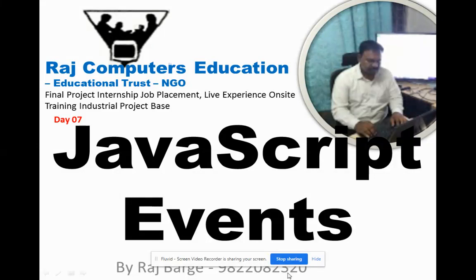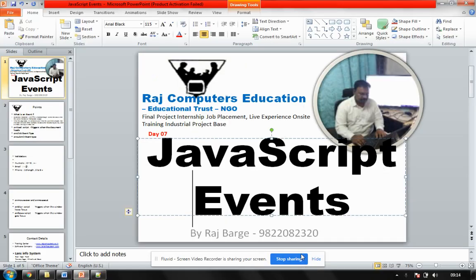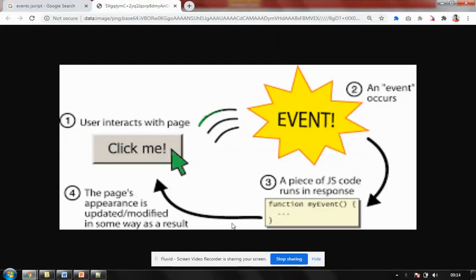So what is this JavaScript? It's very simple. See what happens now. When you work with any kind of browser, this is the basic methodology. We have something called a button, and this button is posted on your application or in the browser. When it is posted into the browser, it is called the user interface. So with that user interface, when the user interacts with the components, that is the button, when I click on this, it generates an event.